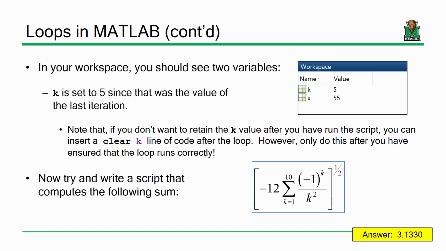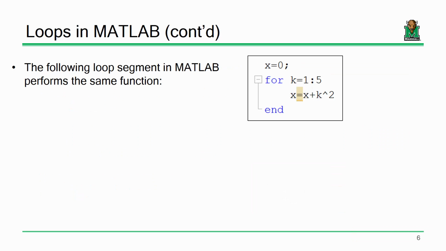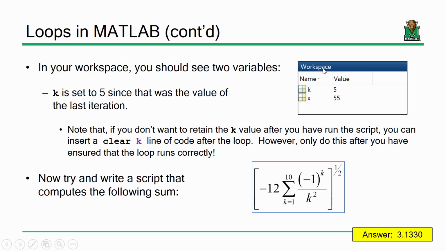What is going to need to be the starting and the stopping value when we define k? It should go from 1 to 10, because it says here the summation is from 1 to 10. So inside of your script, if we look at this one, you're going to say, first of all, x equals 0 to make sure that you're creating the variable and it is set to 0. And then instead of k equals 1 to 5, on this next example, we're going to do k equals 1